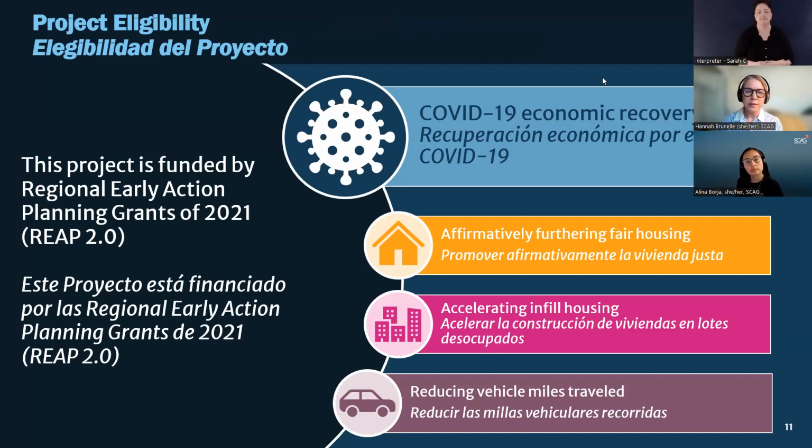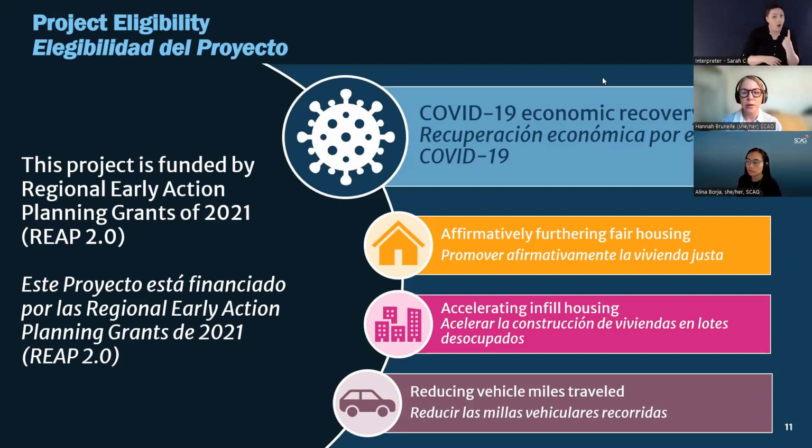And this call is being funded by the Regional Early Action Planning Grants of 2021, or REAP 2.0 for short. And so there are particular guidelines that this program must meet in order to comply with REAP 2.0. All projects being considered must meet 2 key requirements. So projects must address COVID-19 recovery and address a minimum of 1 of the following objectives that you see here